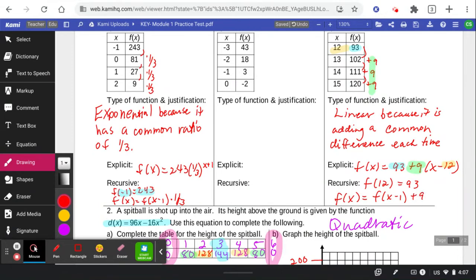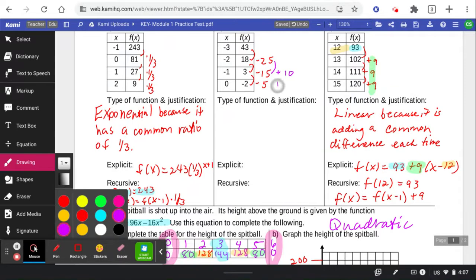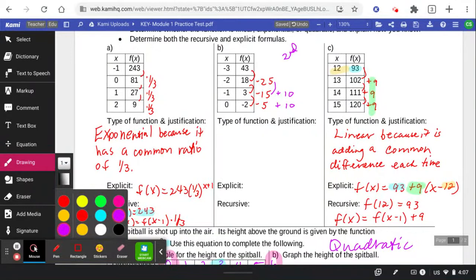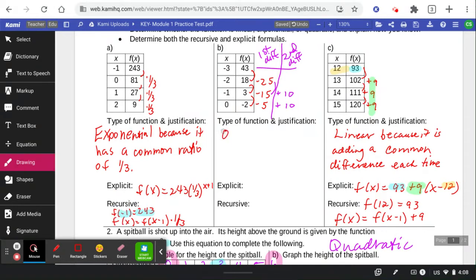How'd you do? Okay, last but not least, if I do 18 minus 43, I'm going to get that it's going down 25. 3 minus 18 goes down 15. -2 minus 3 goes down 5. And then that means that this is now going up a constant second difference of 10. Okay, type of function, therefore, is a quadratic